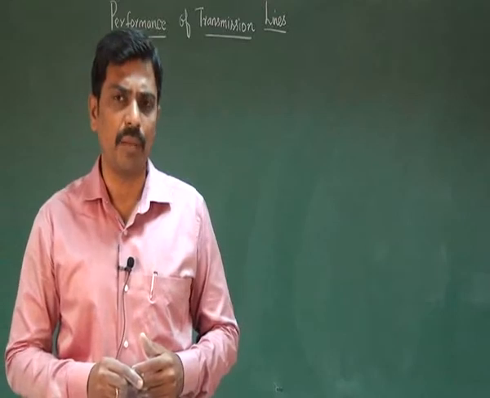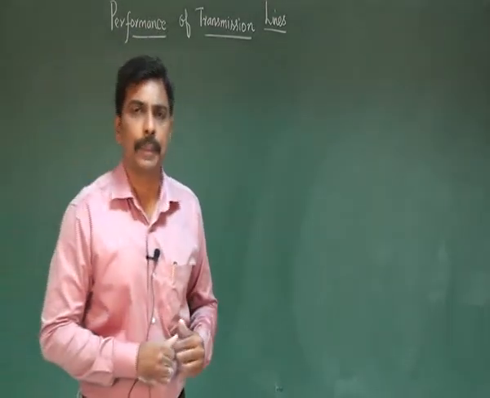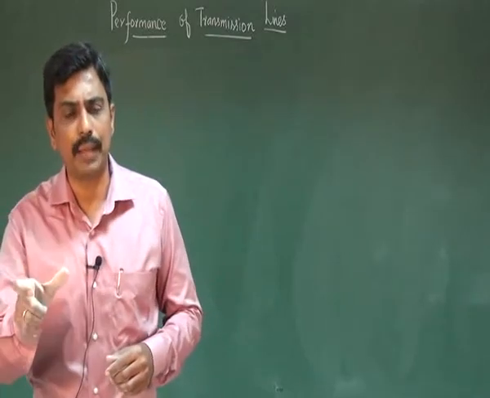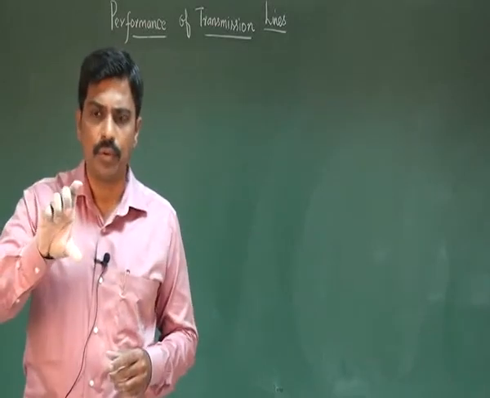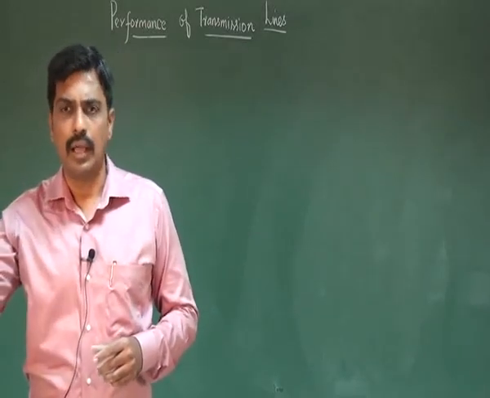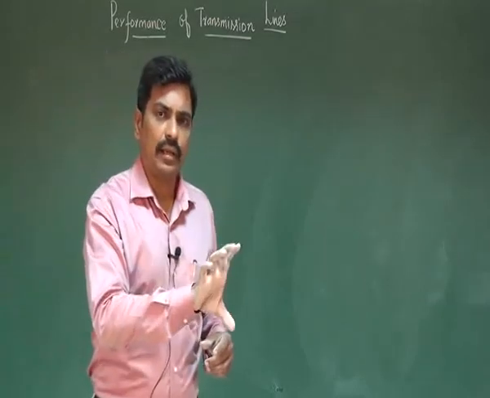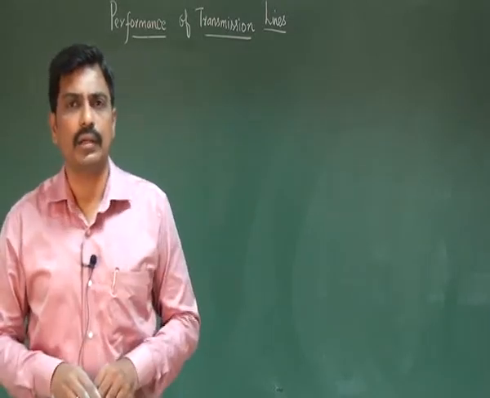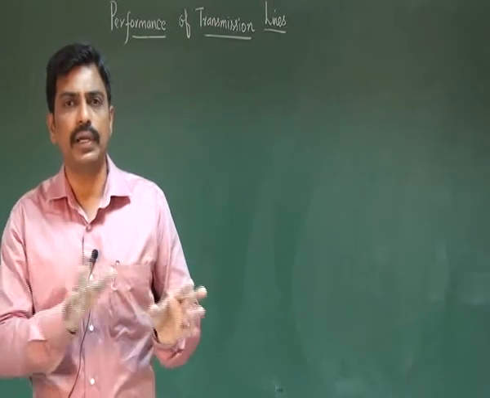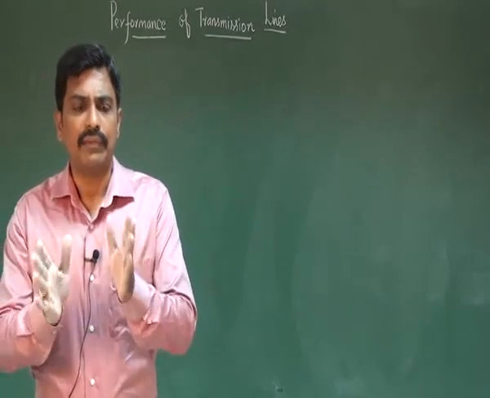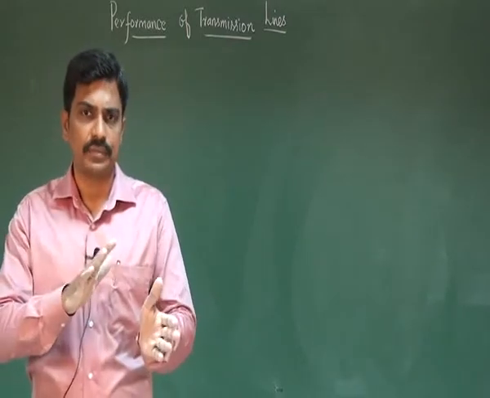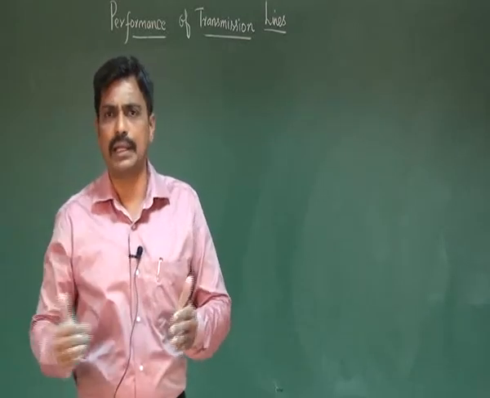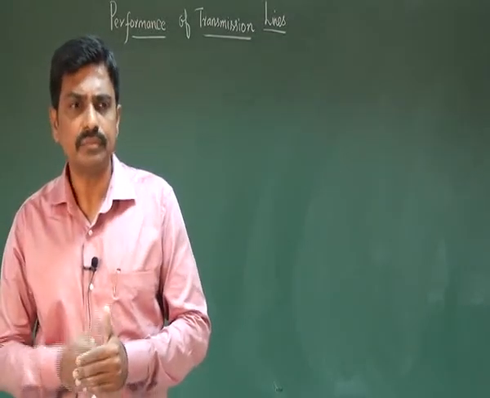One is the nominal pi method and another one is the nominal T method. In the nominal pi method, we divide the lumped capacitance into two parts. We place one capacitance across the load and another part of the capacitance is shunted across the sending end. So the circuit model will look like a pi, therefore it is called the nominal pi method. Here the effect of capacitance has been divided into two parts. This method provides moderately good results in obtaining efficiency and voltage regulation.